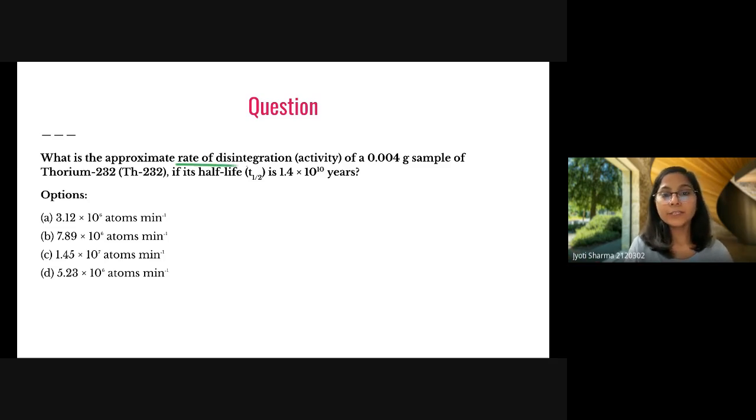So rate of disintegration means your element is changing, your element is decaying, right? Your element is disintegrating with time. So how can we write this? Change in the concentration of your element, so this is dN, per change in time, dt, is nothing but the rate of disintegration, right? And we already know that this is equal to RN. So this is the first order reaction.